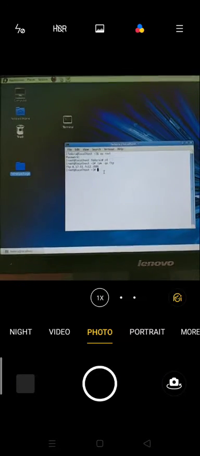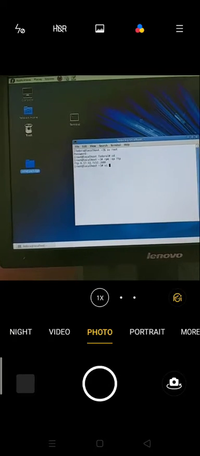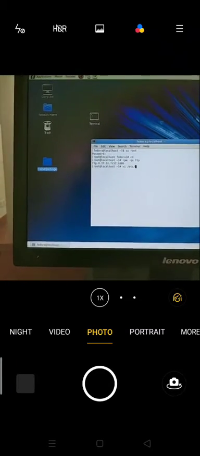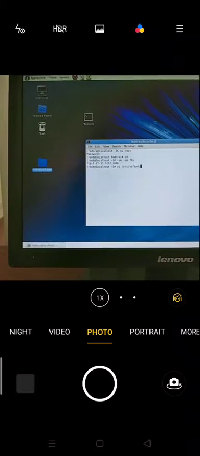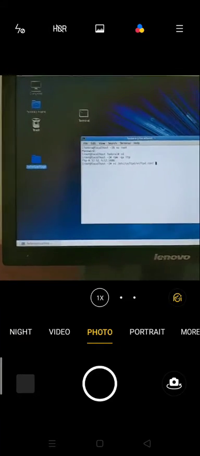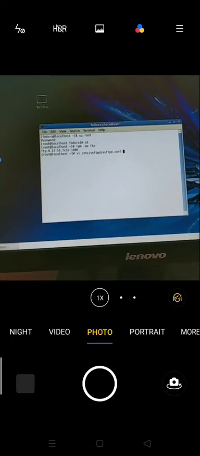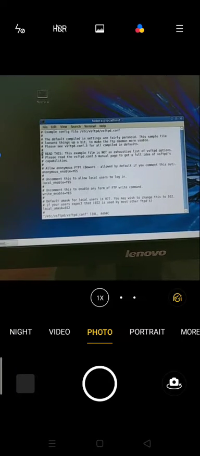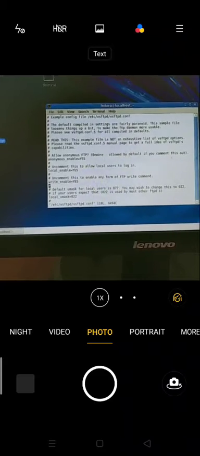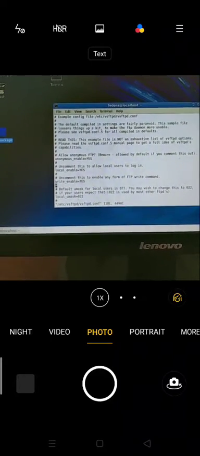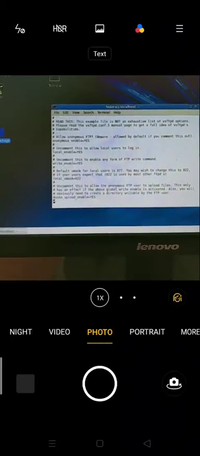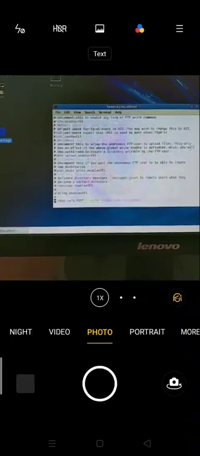Next step is to go to the configuration file /etc/vsftpd/vsftpd.conf. This is the configuration file for configuring the FTP protocol, and here we have to set anonymous_enable yes, local_enable yes, write_enable yes, and sometimes they may be commented, so uncomment all these things. Okay, then only we can do this configuration.